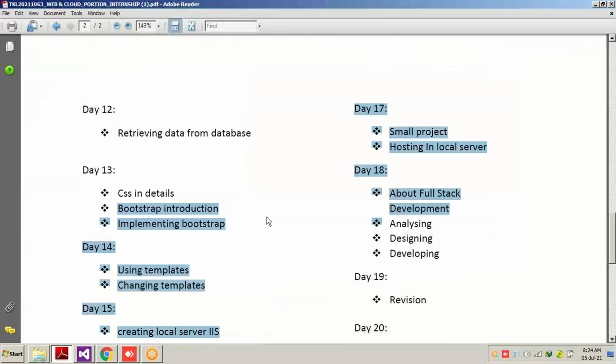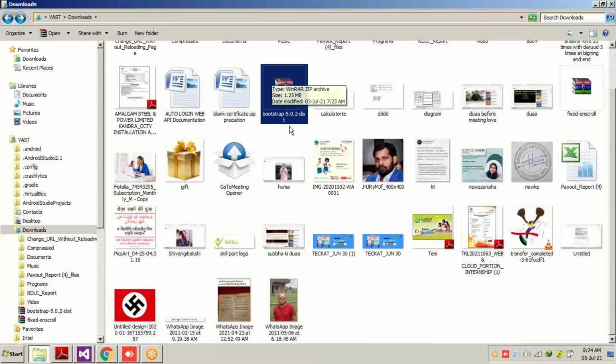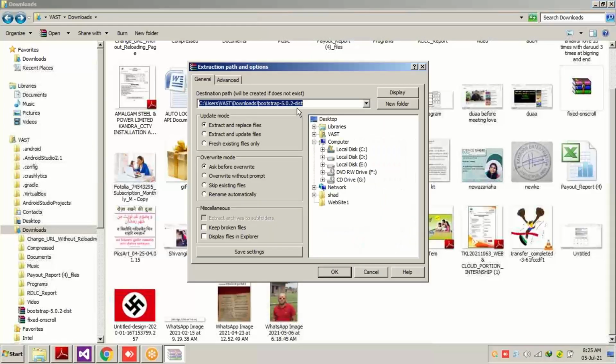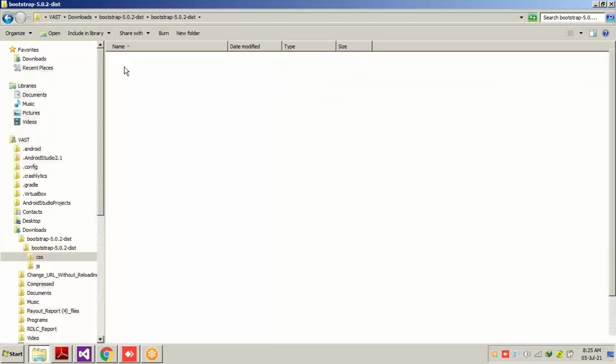Bootstrap is nothing but a collection of many CSS files, having many classes inside the CSS file, along with a collection of JavaScript also. To download Bootstrap, you just have to search for download latest Bootstrap version on Google. You will get a zip folder, and when you open the zip folder, let's see what we find in here. We are going to find the Bootstrap CSS file and JavaScript file.